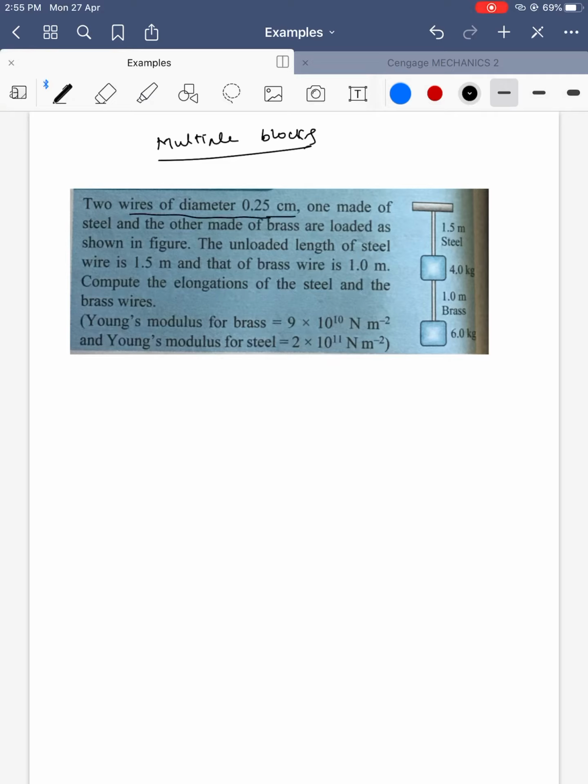Two wires of diameter 0.25, one made of steel, another made of brass. Steel and brass are given as shown in the figure. The unloaded steel wire is 1.5 and the brass wire is 1 meter. Compute the elongation of steel and brass wires. Okay, when you are doing the steel, first draw for the brass. So first for the brass,